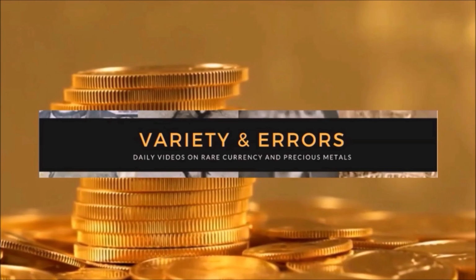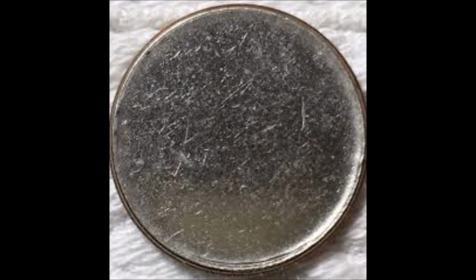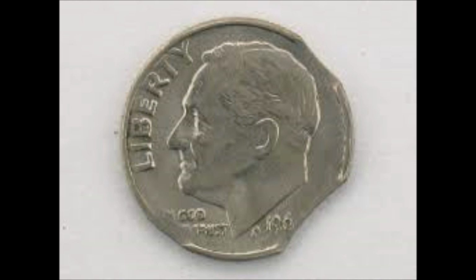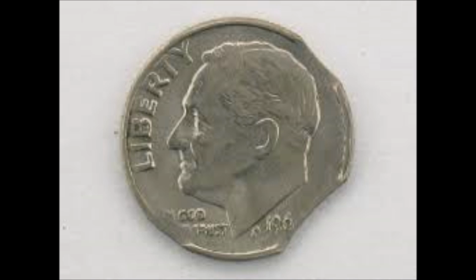Aside from that, every year there's new miscellaneous dime errors, so you could be the next person to come across something with a range of errors that has escaped the mint. Multiple things to keep an eye out for. As you know, we have a really avid list of error coins and what to look for on VarietyErrors.com, but